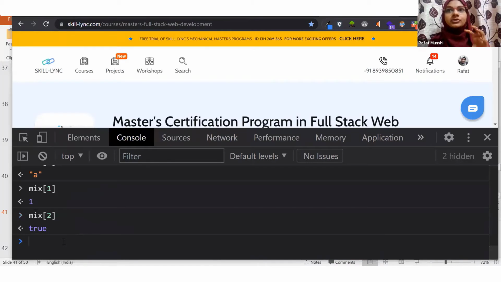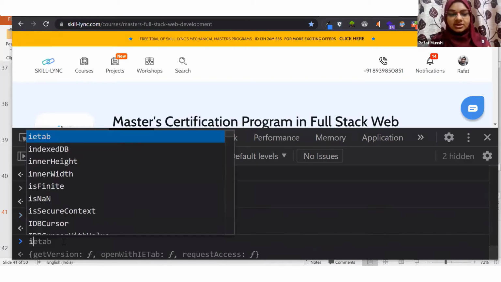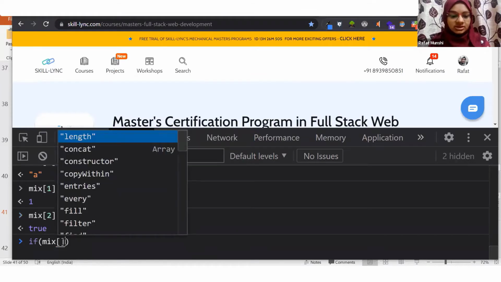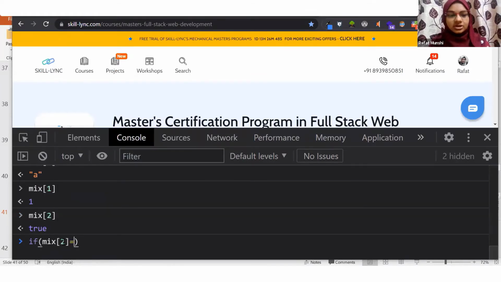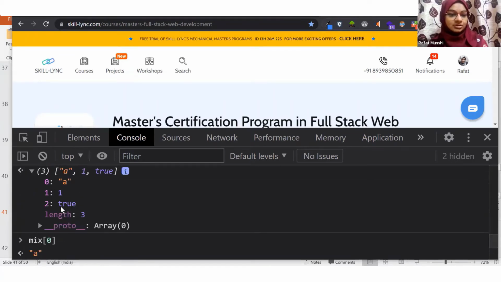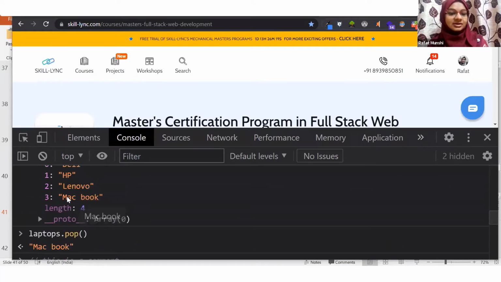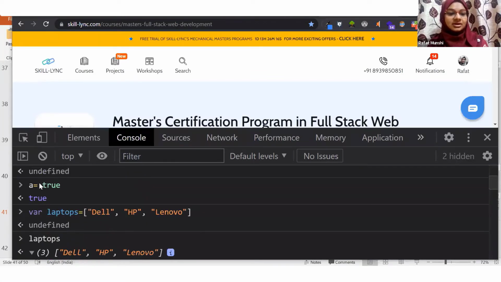Now, if I want to check if the value of mix 2 is true or false, I will use something like this. I would create an if statement: if the value of mix 2 is equal to true. So how would I write it? I would write if and then put a round bracket and then write whatever value I want to check, and then write the equal to sign, which is indicating to the program that I don't want to assign true. I assigned values over here, right, using the equal to operator. I don't want to assign anything.